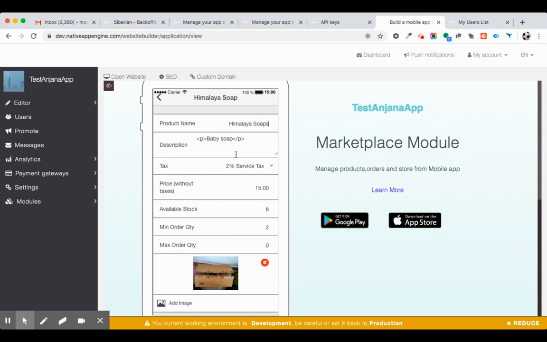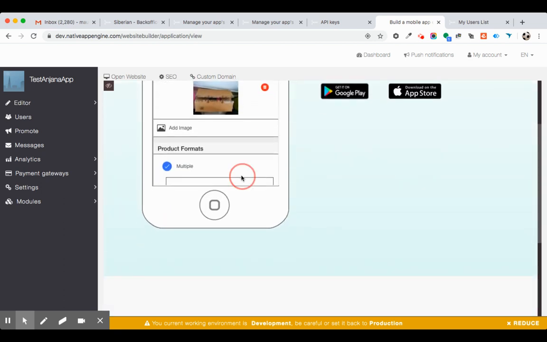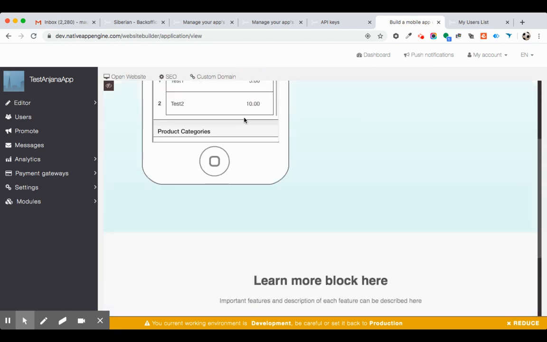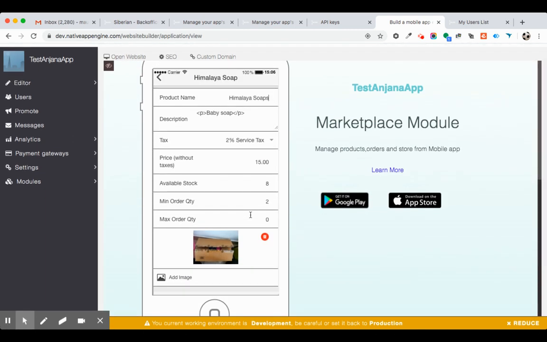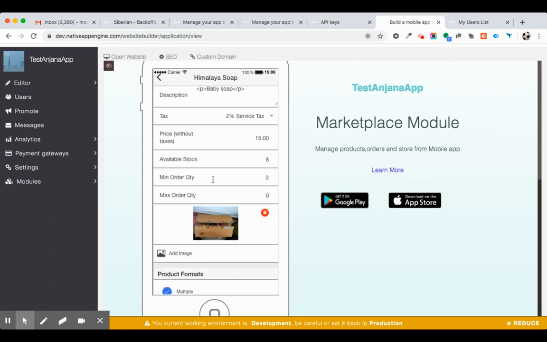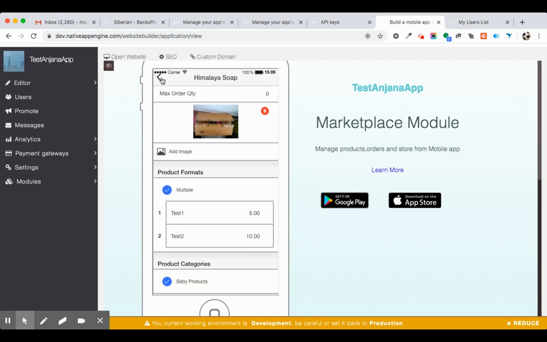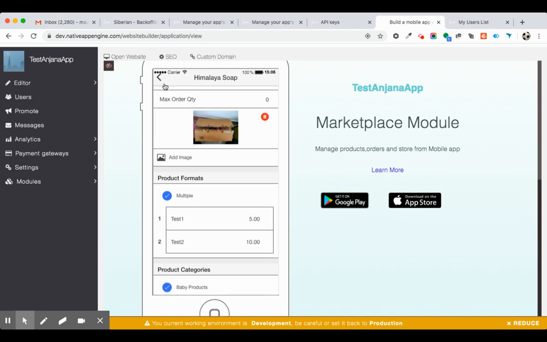All the information that we used to enter from the editor side, everything is available from the front end side. We tried to make the UI clean and simple, so all the product options and categories, everything is available from the mobile side.